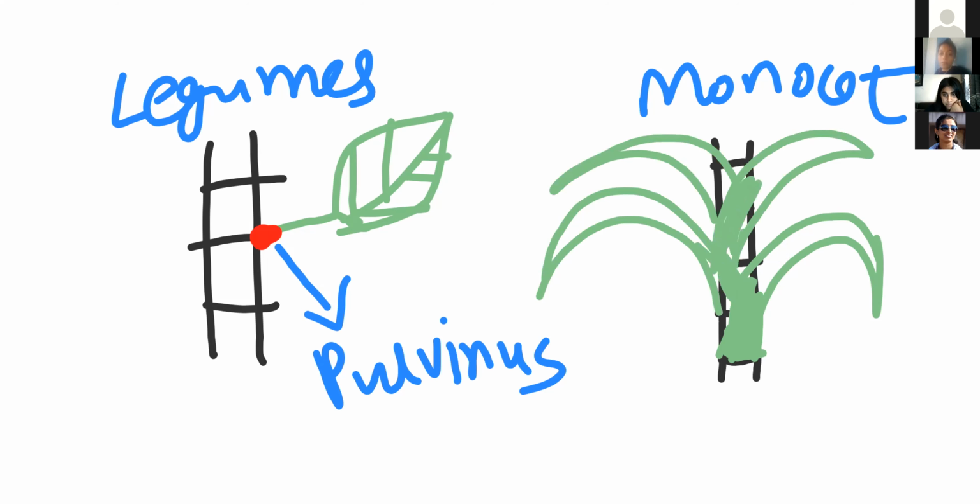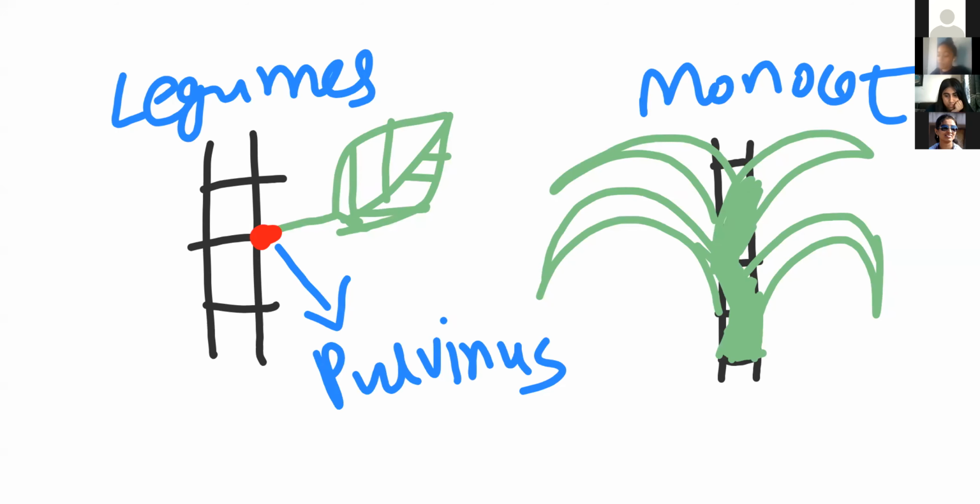So can we observe the stem from the outer side? Can we easily observe the stem from the outer side when leaves are arranged in this way? Yes or no? Tell me. No, ma'am. Yes, we can't observe that. So that's why we can say that the leaf base is an expanded, flattened structure.